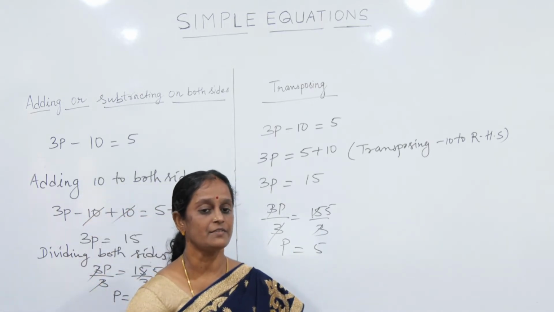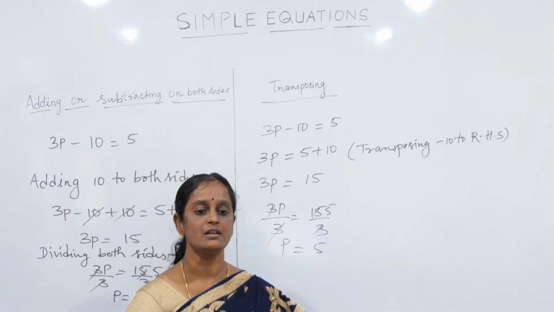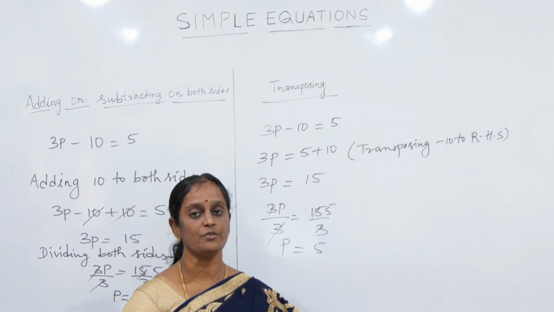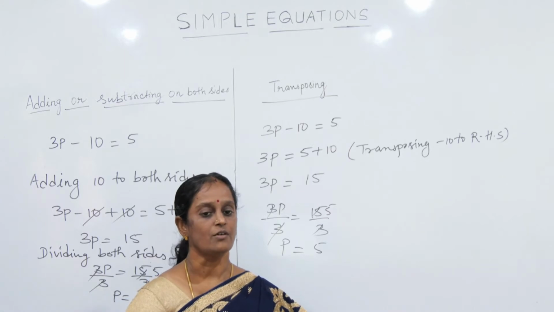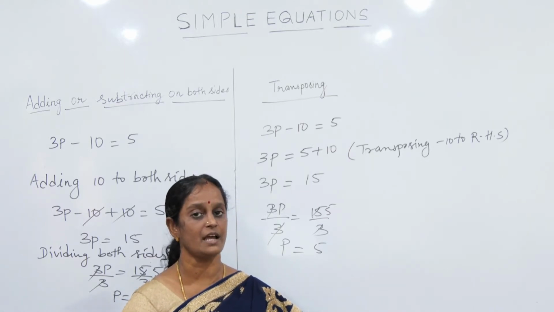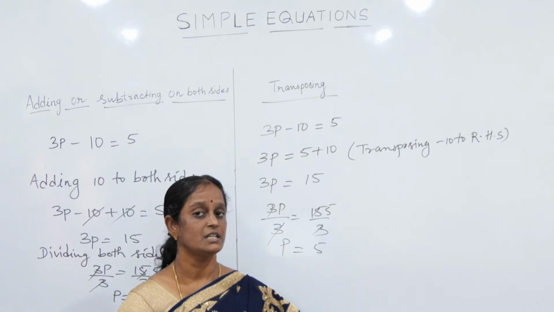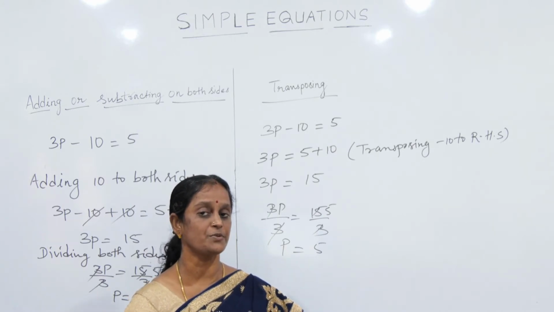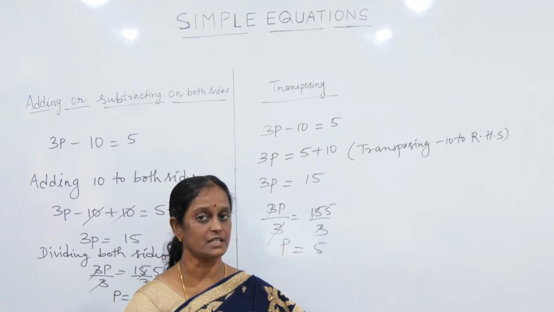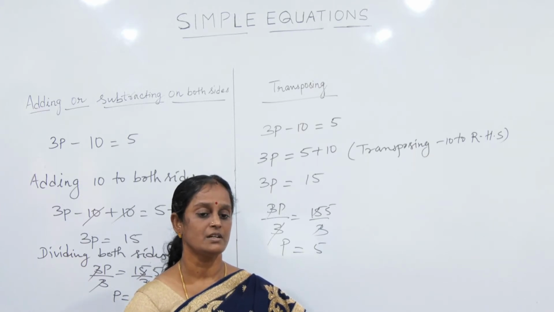Students, as we have seen while solving equations, one commonly used operation is adding or subtracting the same number on both sides of the equation. Now transposing a number, that is changing the side of the number, is same as adding or subtracting the number from both sides. In doing so, the sign of the number has to be changed. While we transpose a number from left hand side to right hand side or from right hand side to left hand side, we have to change the sign of the number.